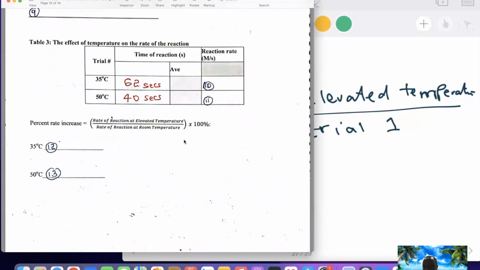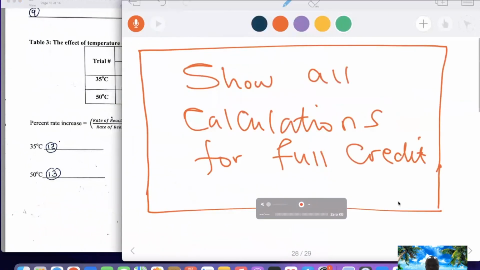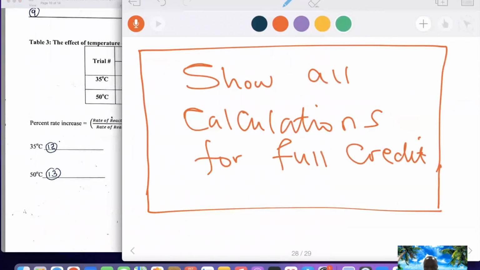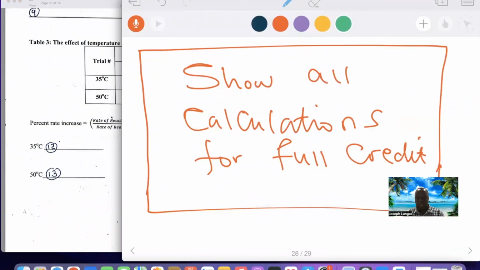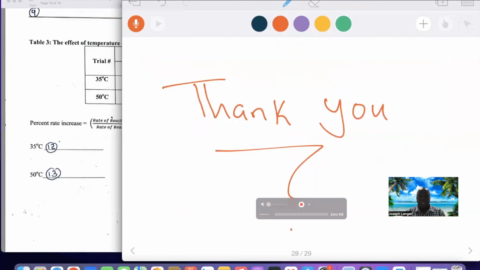And with that, I want to just wrap up by saying show all your calculation for each item. Please number them. I'll be going through the checklist. Do you have item number 1? Do you have item number 2? Do you have item number 3? If you don't have all the items, it will be very difficult to proceed with evaluating. Other than that, I want to say thank you. I'll stop sharing my screen. Please submit the lab report by the posted